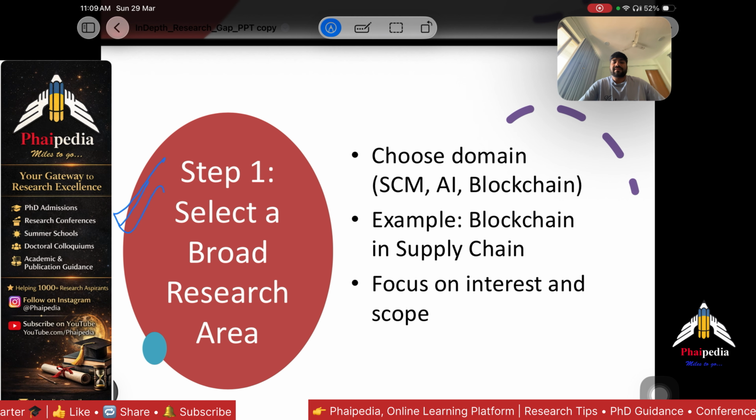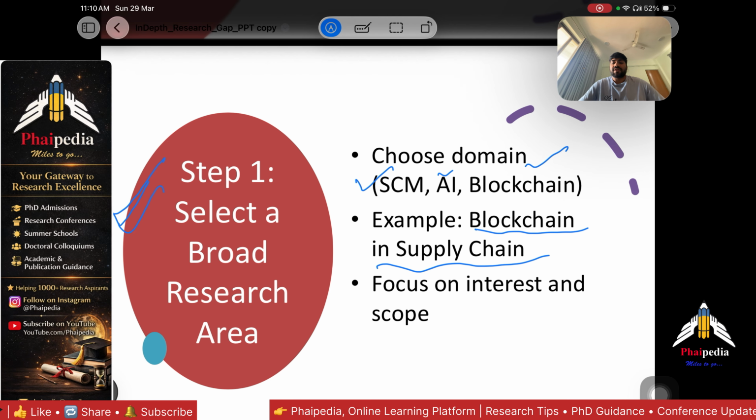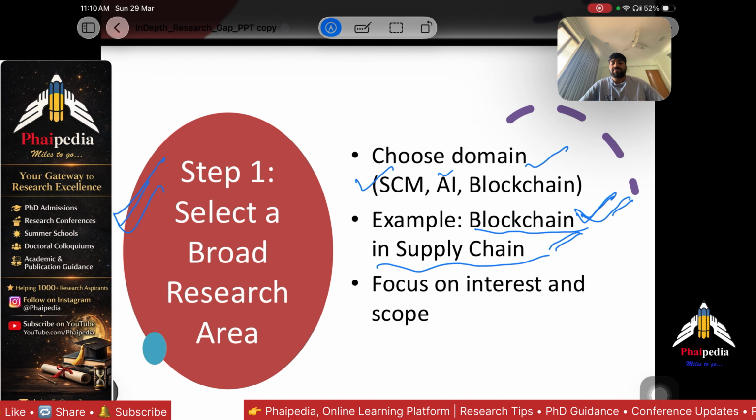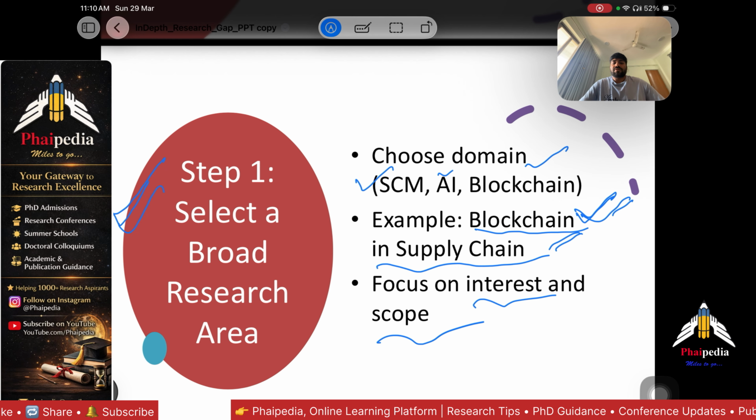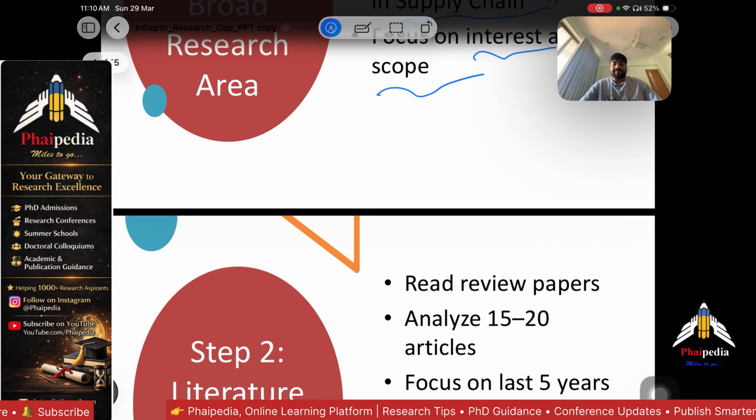So choose the domain like supply chain management, AI and blockchain. And then as an example we can take blockchain in the supply chain. Okay, so we are talking about the blockchain technology in the supply chain. So focus on the interest and the scope. I am considering this topic for example to explain to you all. So we have selected the broad research area like blockchain in supply chain. Okay,